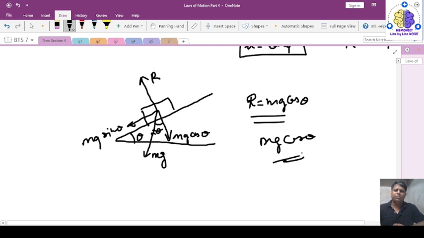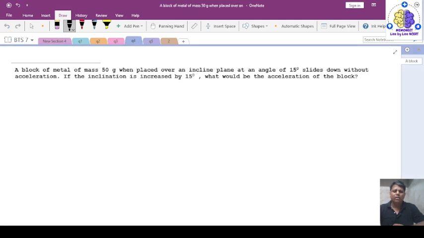So let's see a numerical for it. It will help you to understand it much better. The numerical says that a block of metal of mass 50 gram, when placed over an inclined plane at an angle of 15 degrees, slides down without acceleration, right? It means they are saying that